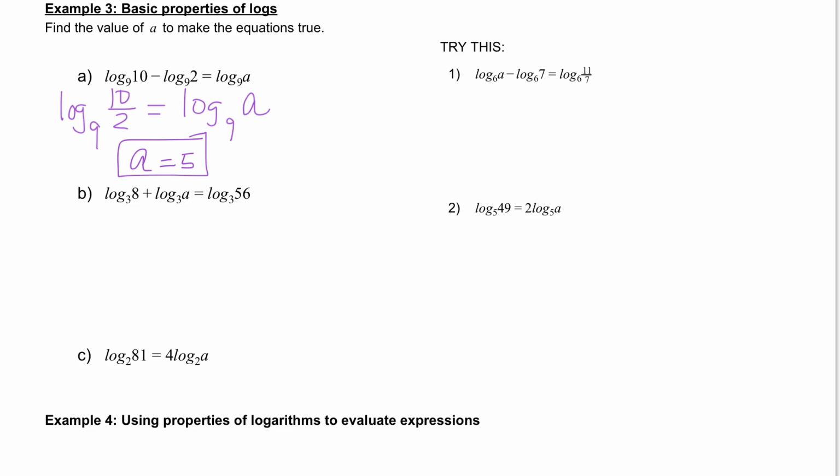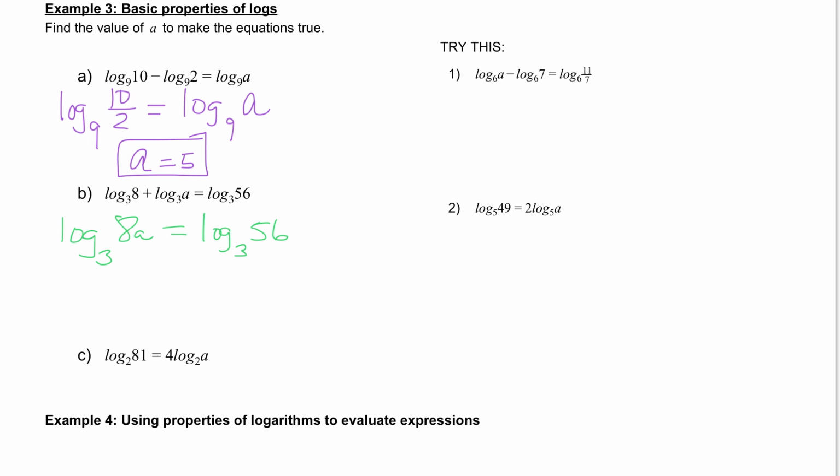If we take a look at letter B, we have the log base 3 of 8 plus the log base 3 of A equal to the log base 3 of 56. Our property says that if we are adding 2 logs together with the same base, we can multiply what we're taking the logs of. So this would look like the log base 3 of 8A equal to the log base